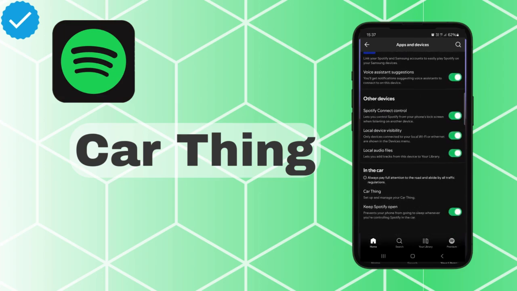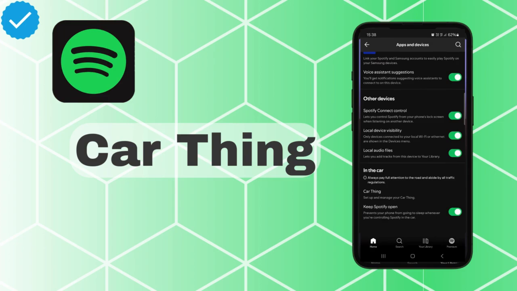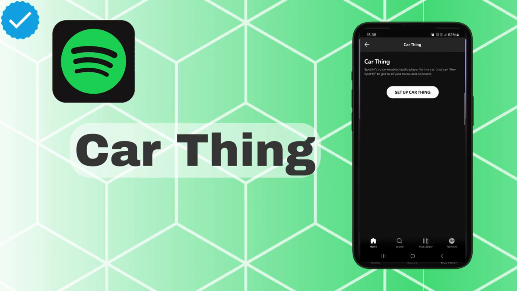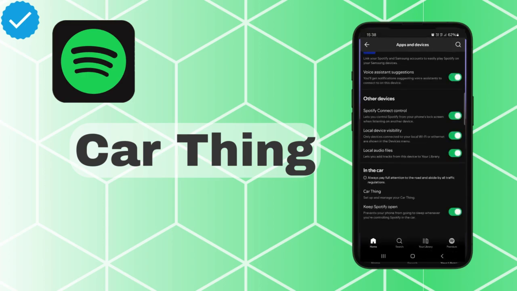Then we scroll down again, and here under the in the car title we find car thing. We tap on this, and then we will be able to set up the car thing here. We can tap on the button, and then we can tap on begin setup, and yeah, this is basically